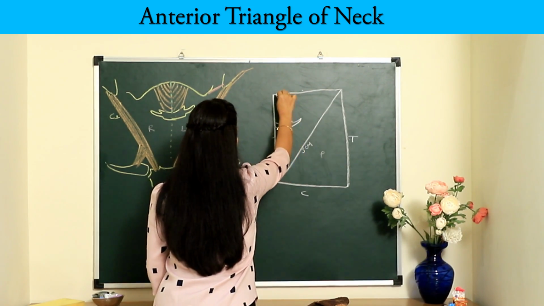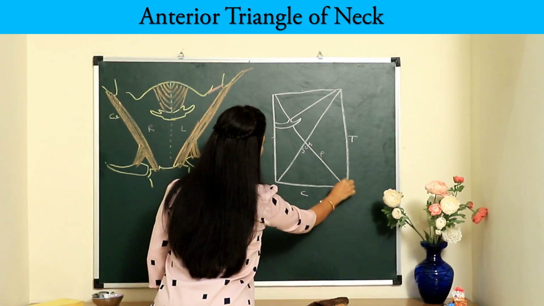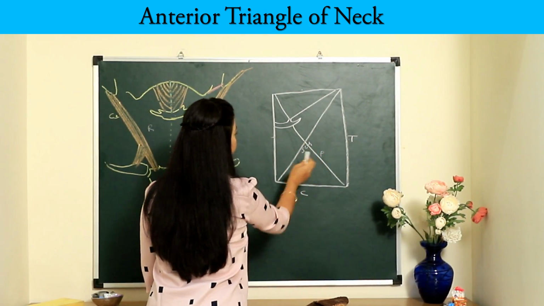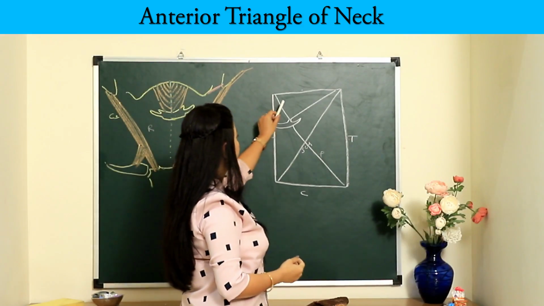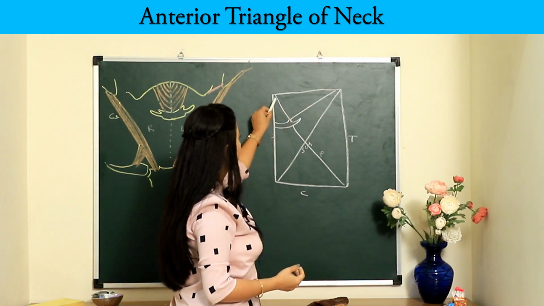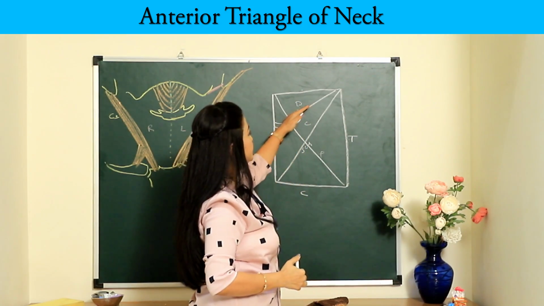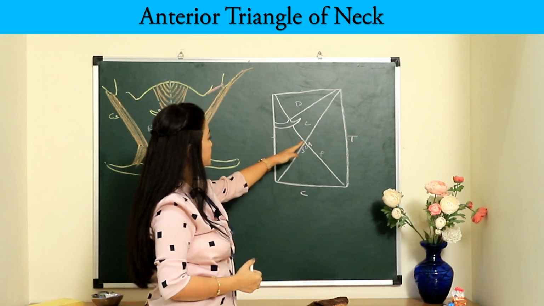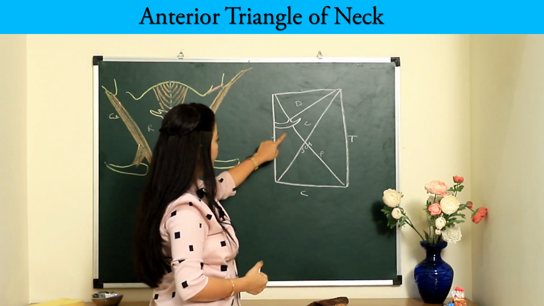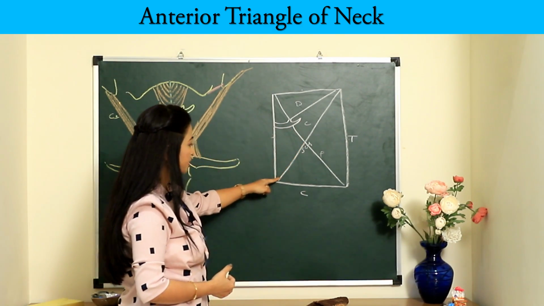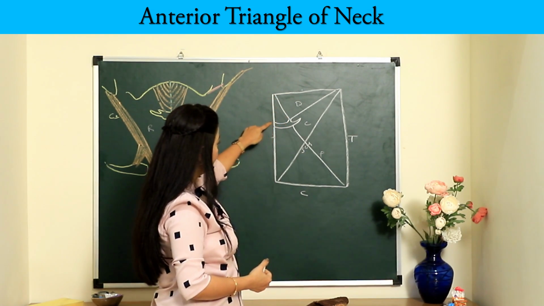and the anterior belly of digastric and the posterior belly of digastric, and also you have the omohyoid muscles, the superior belly and the inferior belly. Now this gives us the boundaries of all the triangles, right? Now the digastric triangle: base of the mandible, anterior belly, posterior belly. The carotid triangle is bounded by the posterior belly of digastric, anterior border of sternocleidomastoid and the superior belly of omohyoid. The muscular triangle is bounded by the superior belly of omohyoid and the anterior border of sternocleidomastoid. The submental triangle: anterior belly of digastric and base of mandible.